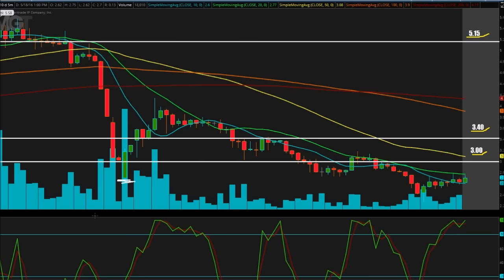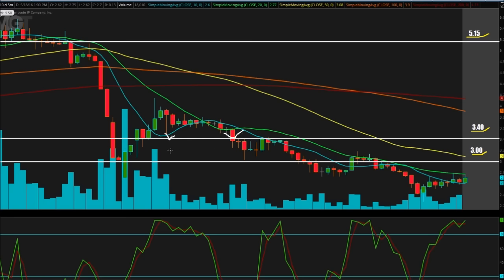We finally had good support down here at the $2.40 level. That's where we bounced back up, and we went over to this pivot point. Let me mention that we have 3 pivot points to look at from today's chart: $3, $3.40, and $5.15. Just remember that all these pivot points are very intraday pivot points. This is looking at only the data from today, not the prior days. Sure, there are other pivot points to look at as well, but I'm just going to keep it simple. These are the pivot points that we have today and probably going forward as well, depending on what happens after hours.